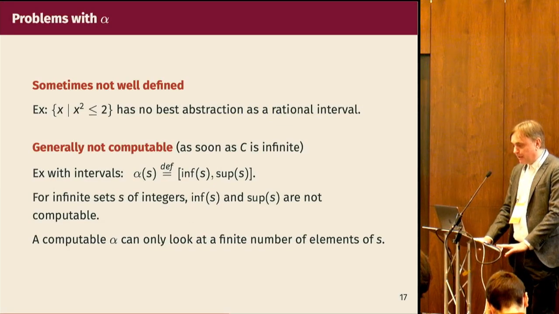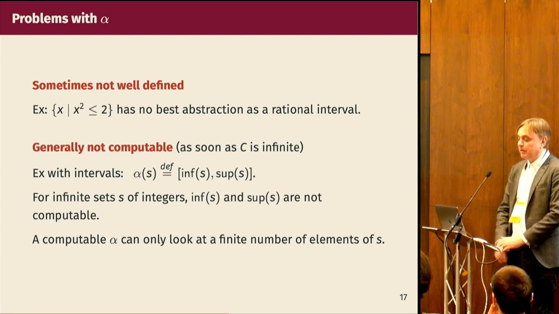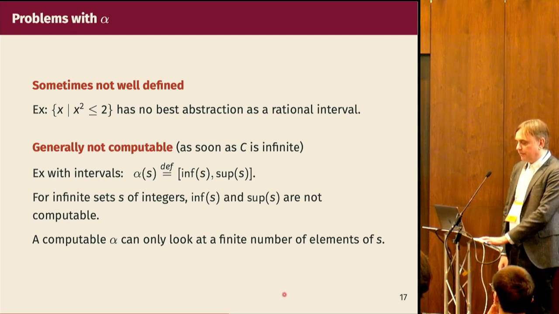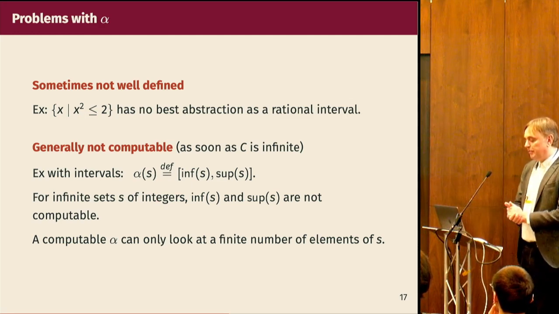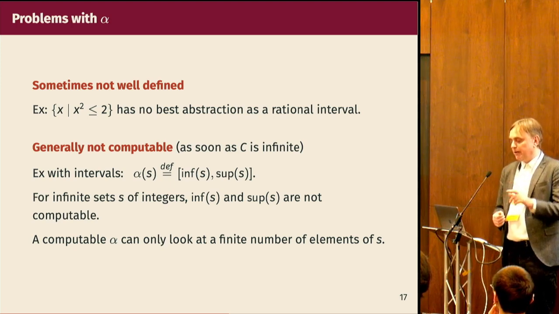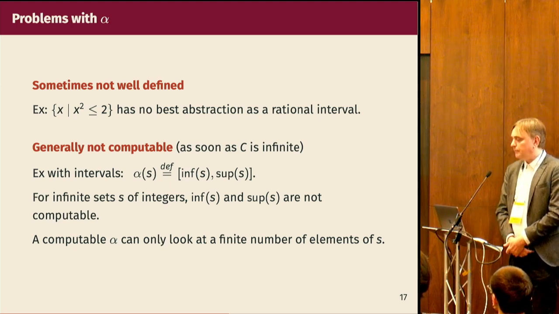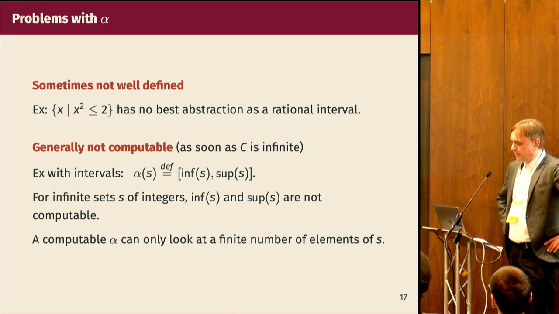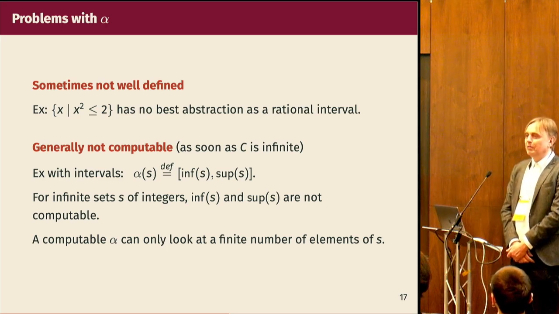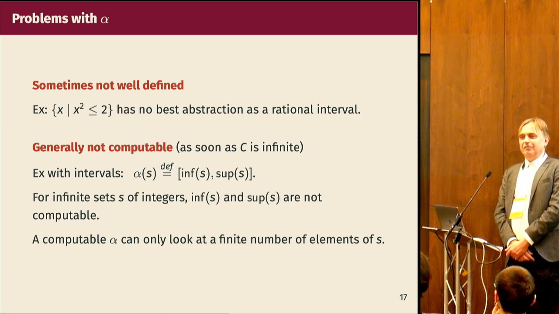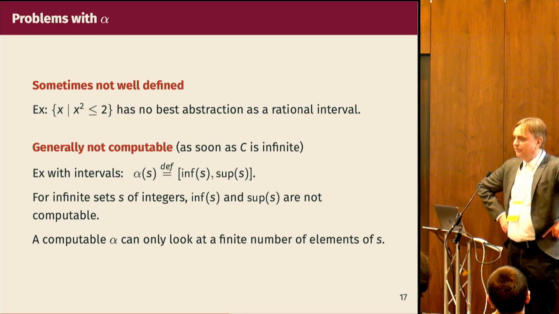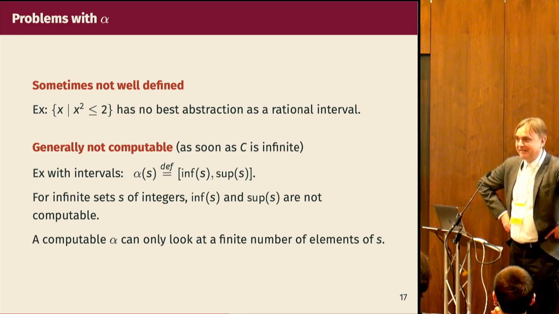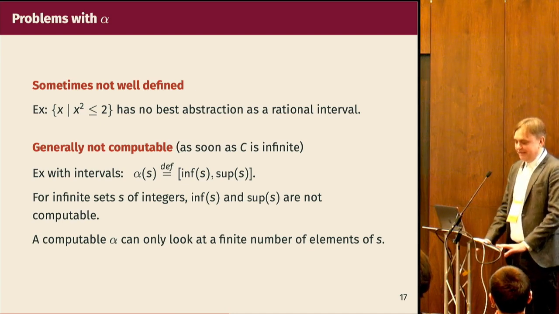What's the problem when trying to mechanize that? Well, the problem is with alphas. First, they are sometimes not well defined. Like if you have rational intervals, this set has no alpha. There's no tightest interval that approximates the interval minus square root of 2. That was a big disappointment when I realized that. Probably I was sleeping when they mentioned it in the lecture. And so I realized like 12 or 15 years later that alpha doesn't always exist. And it felt like Santa Claus doesn't always exist. I was really heartbroken.